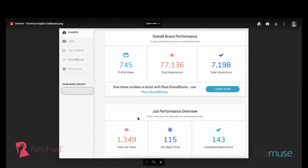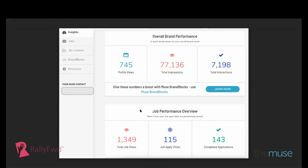And then towards the bottom here, we do have job engagement. So how many times have your jobs been viewed? How many times has a user clicked on the job, clicked apply? And then we are able to measure with certain ATSs the total number of completed applications that your content and your profile is influencing. So we definitely like to work with our partners on measuring success of their employer brand,